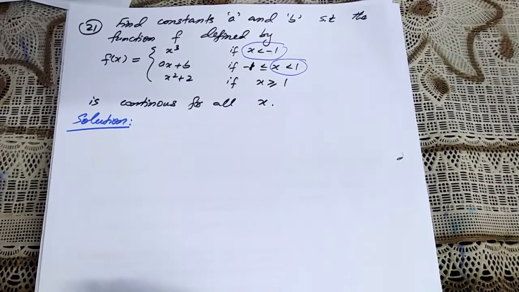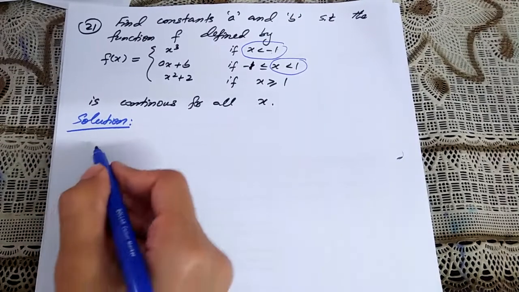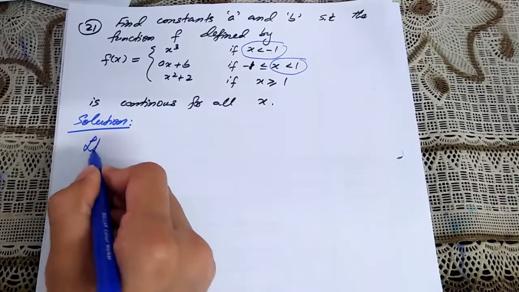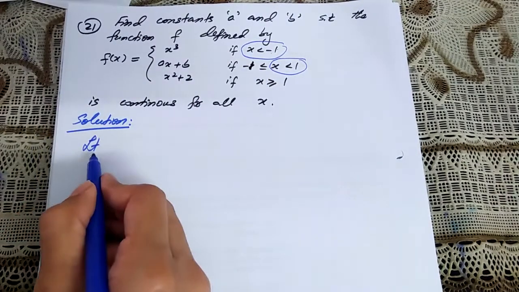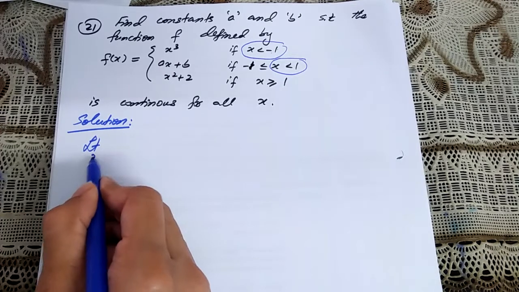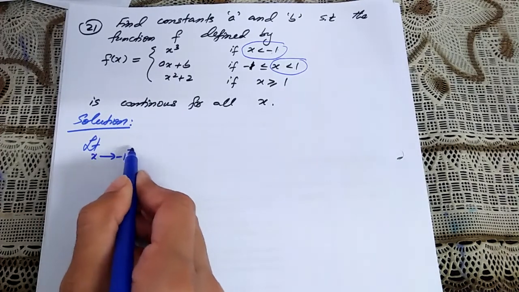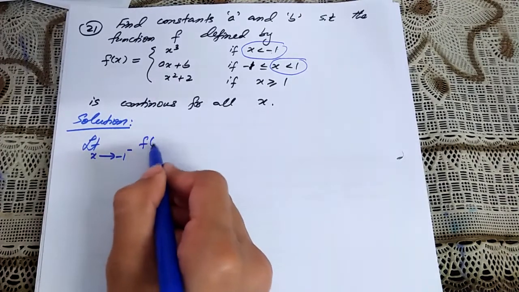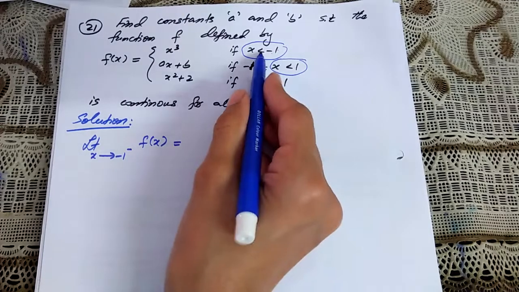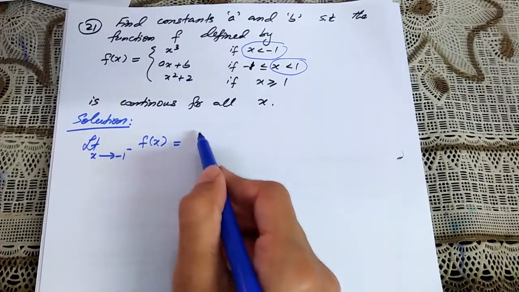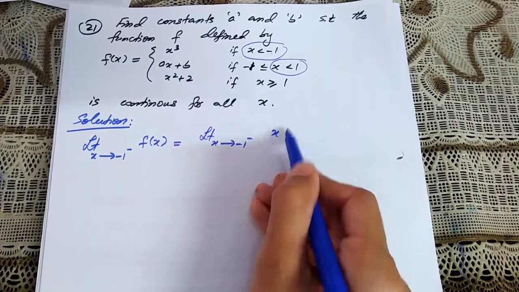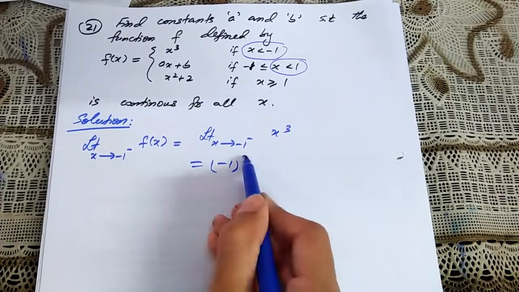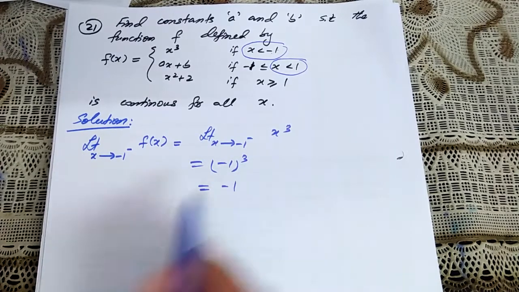So for the continuity, first of all, we'll just write its existence of limit. For that purpose, check its left hand limit on this point and right hand limit on this point, make it equal to each other. So we'll say limit x approaches to minus 1 from the negative side, that is your left hand limit. That is this point, x cube. So consider this function, limit x approaches to minus 1 negative of x cube. This will be minus 1 cube and this will give us minus 1.